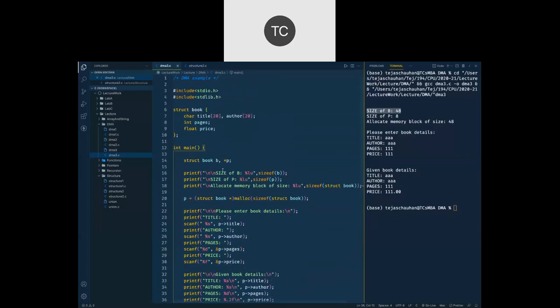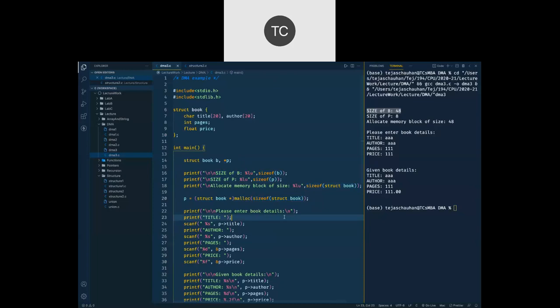I declared that variable B just to show you. In that case, the size of B will be 48 bytes. सिर्फ आपको दिखाना था कि अगर आप नॉर्मल वेरिएबल लेते हो तो उसको 48 बाइट्स डायरेक्ट मिल जाते हैं, लेकिन अगर आप पॉइंटर वेरिएबल लेते हो तो आपको 48 बाइट्स नहीं मिलेंगे. इन दैट केस आपको 48 बाइट्स अलग से अलोकेट करने पड़ेंगे. ओके.